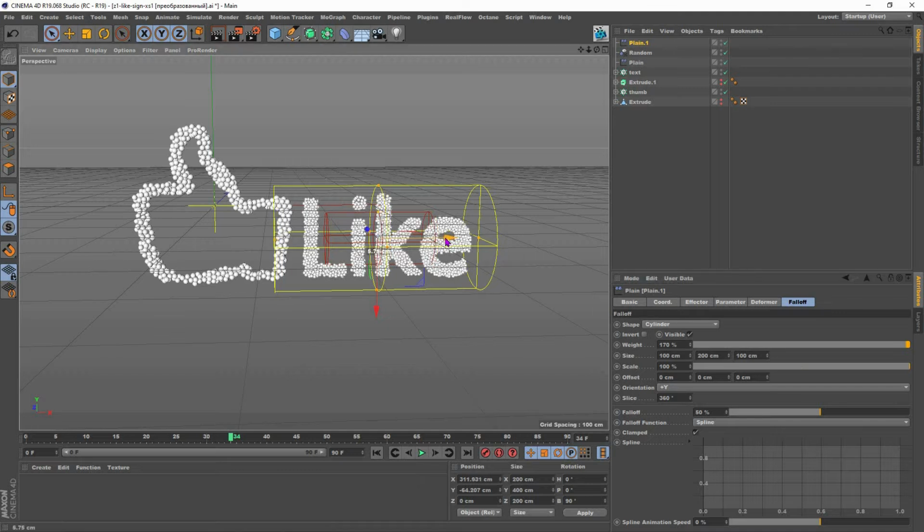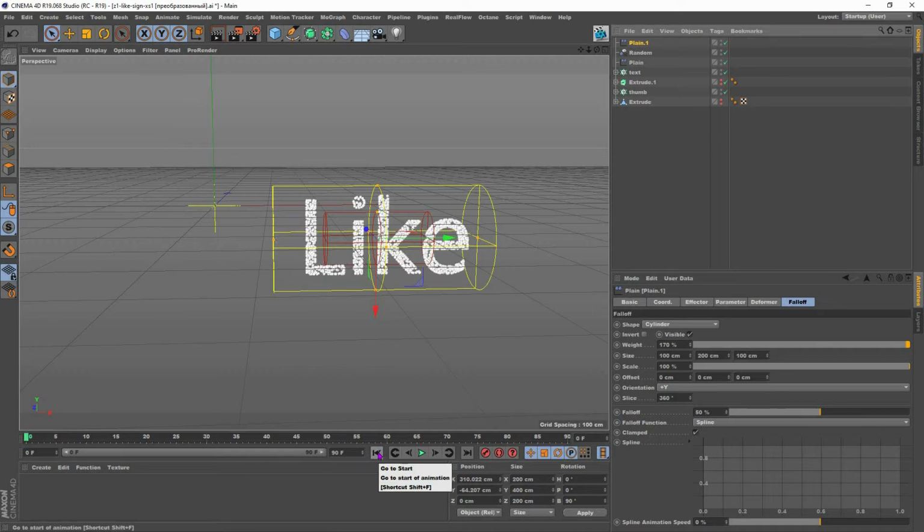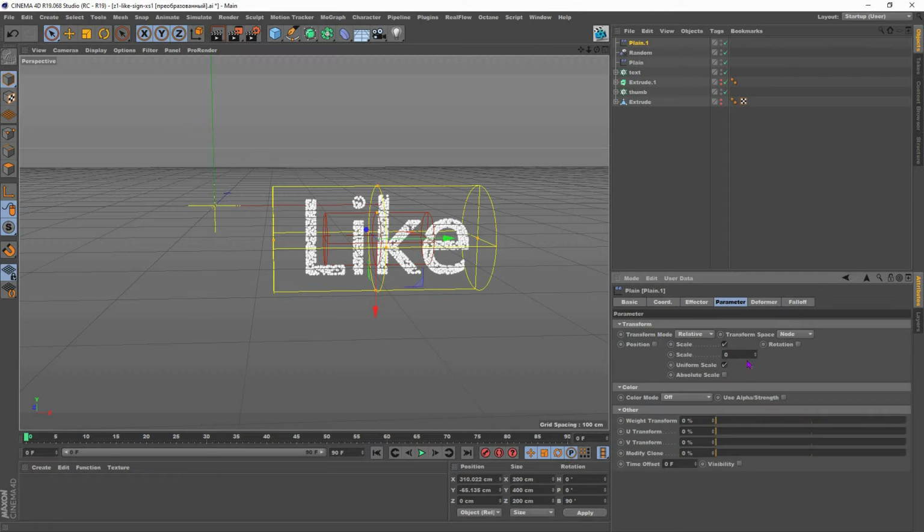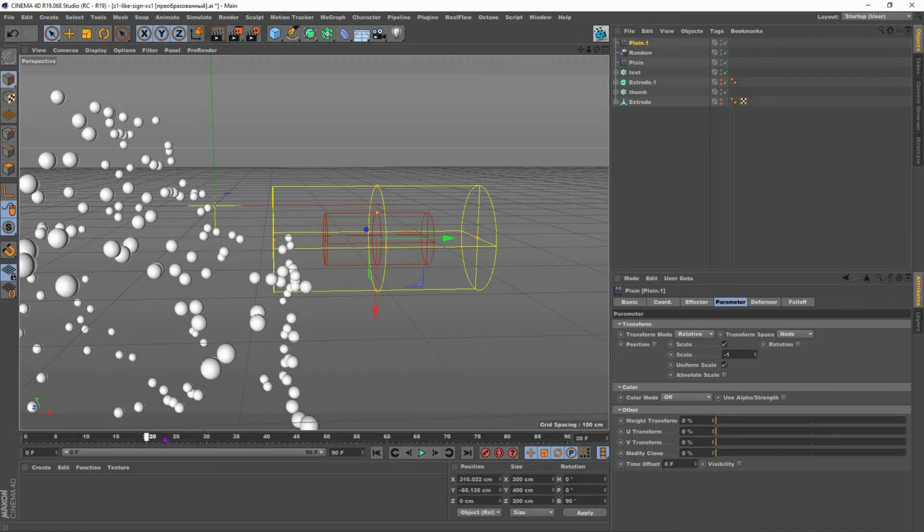All right, and let's see, if we go to the beginning of this animation, we can see that actually nothing happened. But now we can animate this parameter here, scale. We can put this one to -1, so we have our text disappeared. So if we play, yeah, we need to animate this one, but in this case maybe we need to go to about frame 20, and